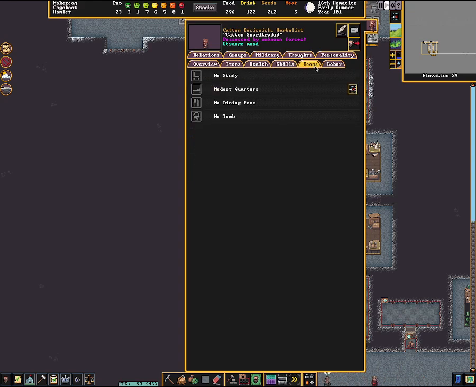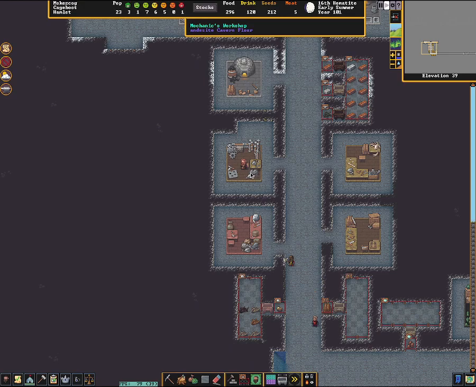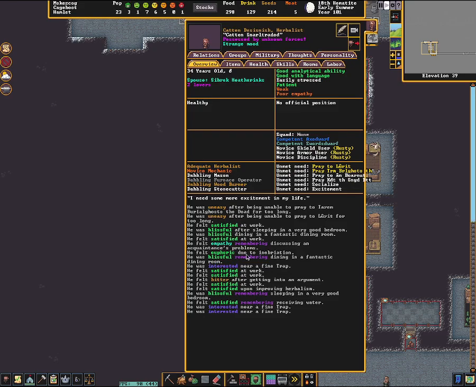Why is it not telling me? You used to be able to just easily see what it is they need. They would either talk about it or it was in their thoughts. I can't remember. Maybe I need to just go back and forth. I don't know how to get this to...